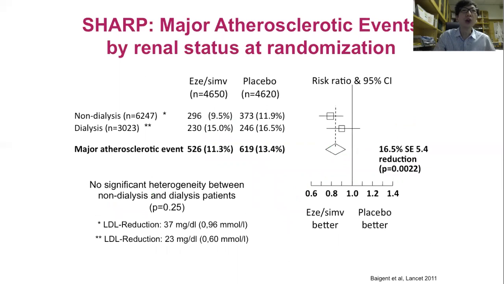And indeed, if we look at the data of the SHARP study, looking at the major atherosclerotic events by renal status at randomization, we can see a clear benefit of using lipid-lowering agents. But this benefit is driven mainly by patients who are non-dialysis dependent. For patients who are dialysis dependent, there is actually an insignificant reduction in these events. And therefore, the guidelines suggested not treating patients who are dialysis dependent with lipid-lowering agents because of the lack